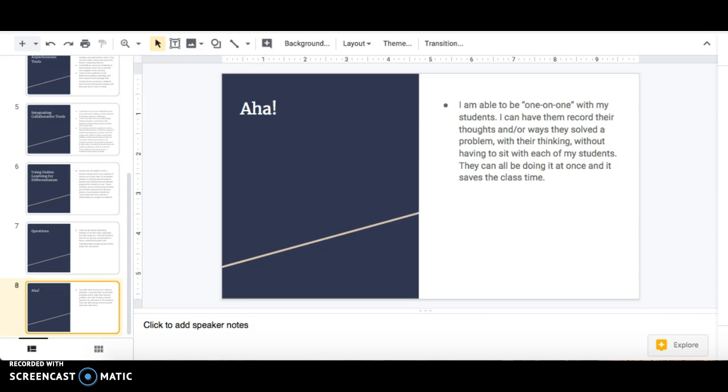This can all be done at once, and it saves the class a lot of time by me not having to sit with each and every one of them while students are doing something else in the classroom. I have to keep them busy so I can have one-on-one time with each of my students. So